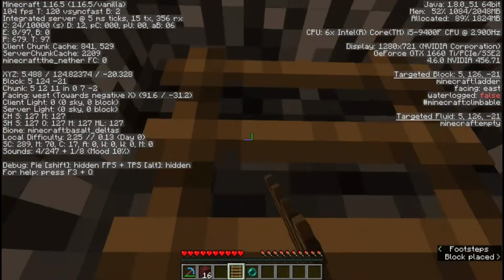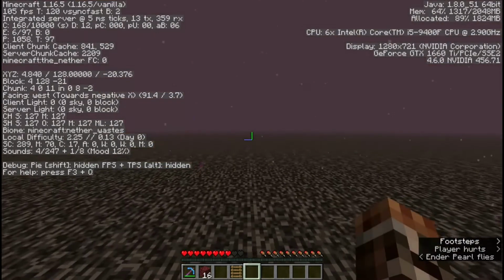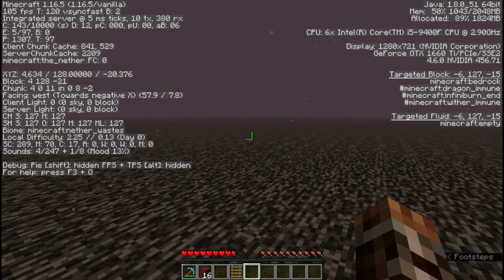Run a ladder all the way up to the bedrock block, and hold down both forward and jump keys, and then throw an ender pearl straight at the ladder while you continue to hold down both forward and jump keys. You'll get a little bit of damage as you go through to the nether roof, so be careful if you're